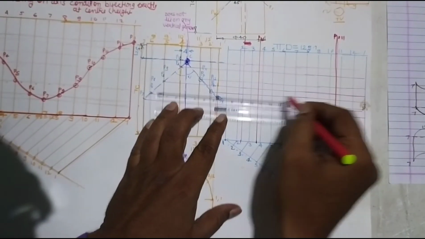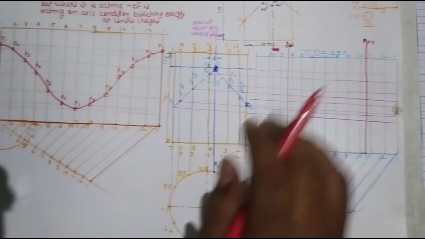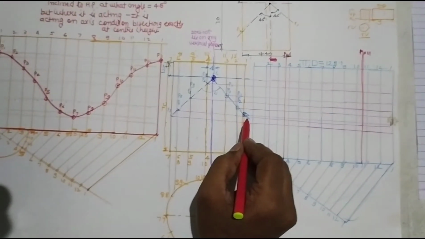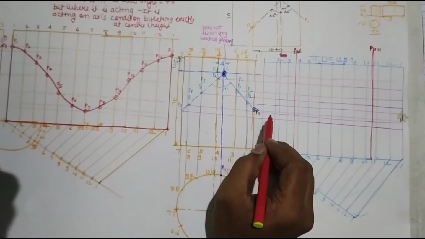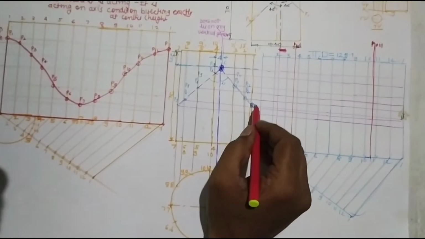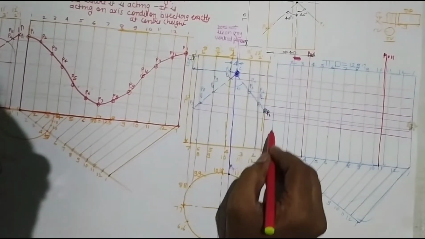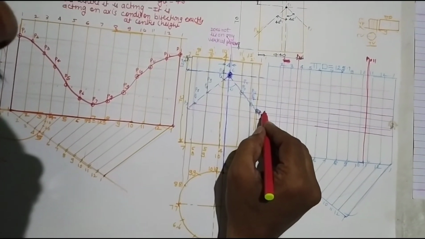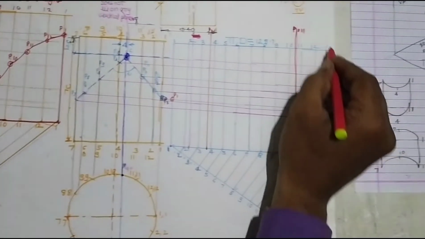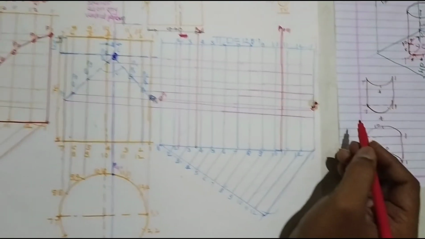Now, as in the first problem we have studied, we have to draw the horizontal lines with the scale, faint projection lines from each point on the blank. Now, the first point, this is point 1. I have named it P1 because it is lying on 1-1. So this is the horizontal line of 1-1. This is the 1-1 vertical line. I will name it P1.